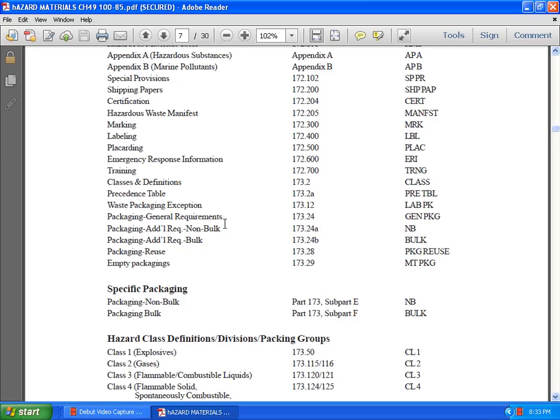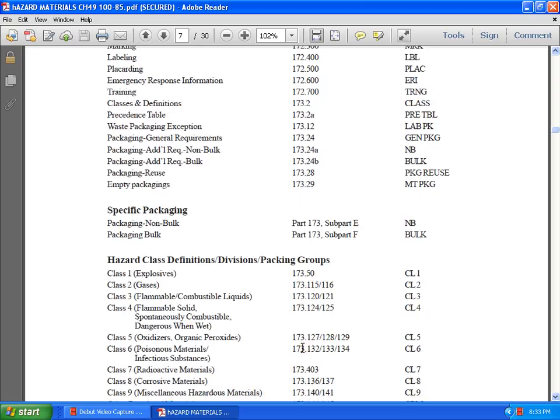Specific packaging non-bulk, Part 173, subparts E and B. Packaging bulk, Part 173, subpart F, bulk. Hazard class definitions and packaging. Class 1 explosives, 173.50, class 1. Class 2 gases, 173.115 to 116, class 2. Class 3 flammable and combustible liquids, 173.120 to 121, class 3. Class 4 flammable solids, spontaneously combustible, dangerous when wet,